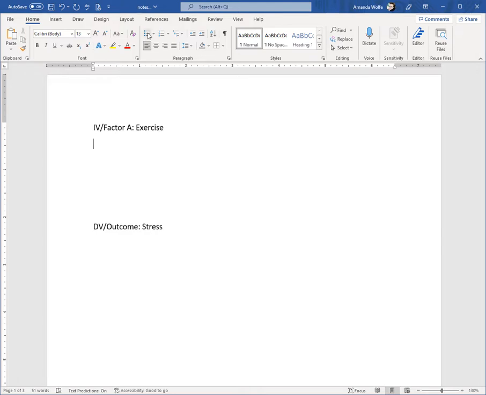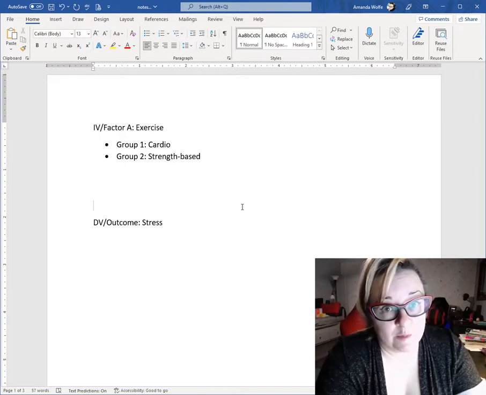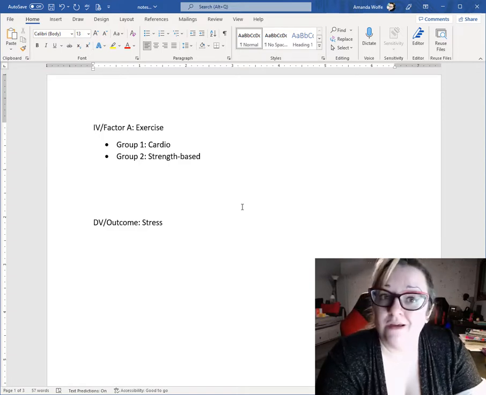And yes, we do know that exercise does improve someone's perception of their stress levels. Let's say I decide that I'm going to sample a group of people and I'm going to assign them to one of two groups. Group 1 is going to do just cardio exercise and group 2 is going to do strength-based. What kind of statistical test is this? Well, if there are two groups and nobody from group 1 can also be in group 2 and nobody in group 2 can also be in group 1, there's just two groups and one outcome, well, that's an independent samples